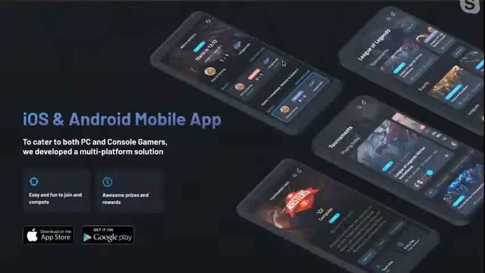But basically, what we came up with was an iOS Android app acting just as a companion to your gaming experience, which is happening on your console, PC, mobile, it doesn't matter, right? The point is, what's happening on our end is we organize the tournaments, we internalize the process of the tournaments on our platform. We help people create teams so they can meet relevant individuals like them, and they can actually join tournaments, we organize the tournaments, and then they can win prizes, which in this case can be cash, gift cards, etc.